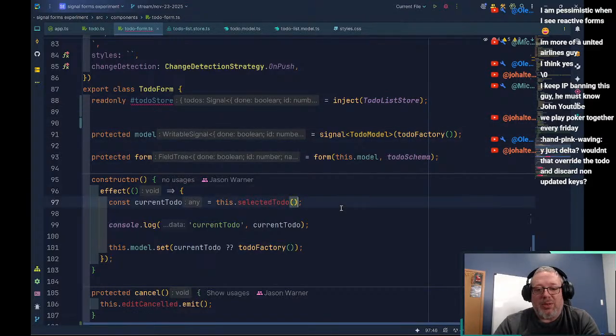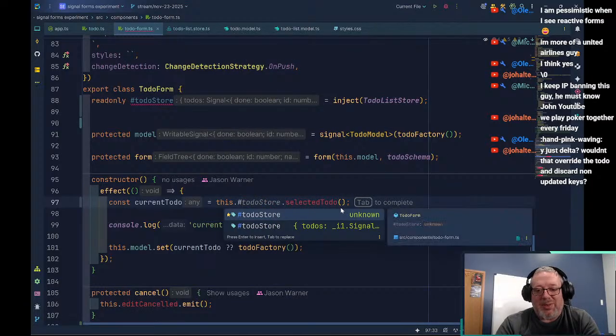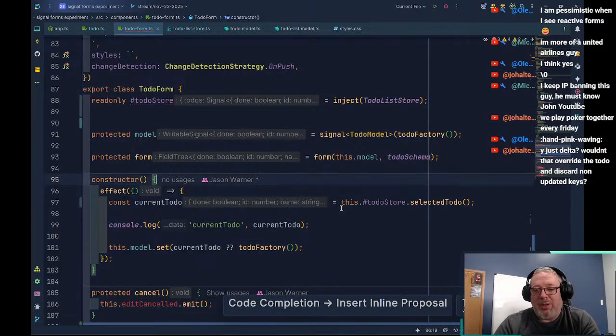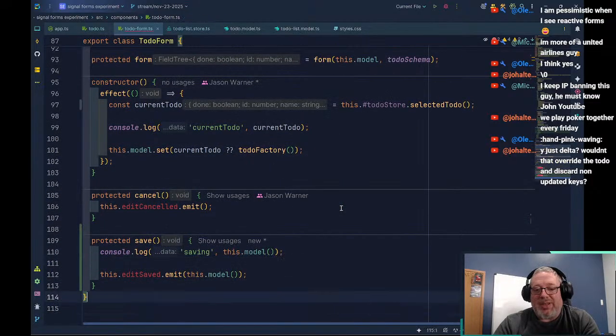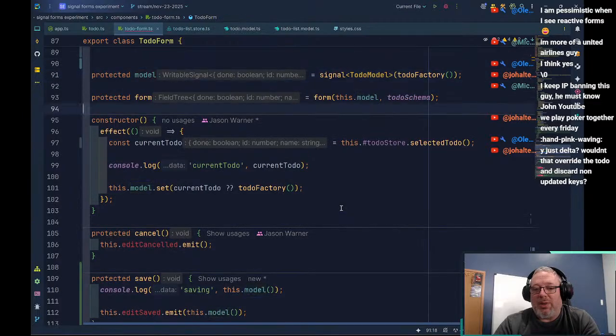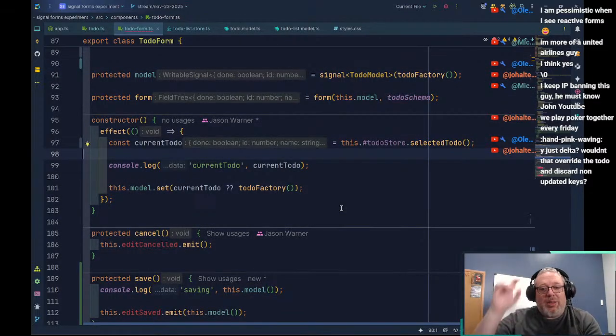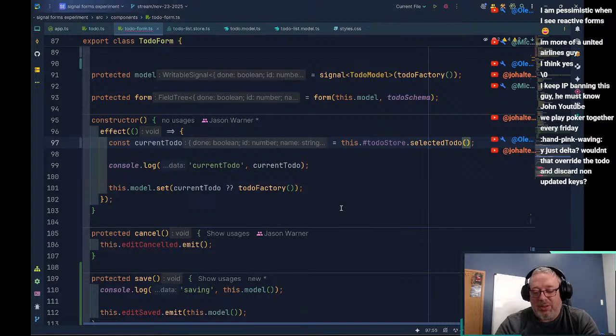In the constructor, we're going to use this dot to do store dot selected to do. So we're going to watch that. So that's all we have to do there. It's the same code either way. As soon as that changes, we want the factory to change.